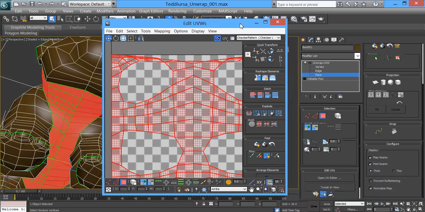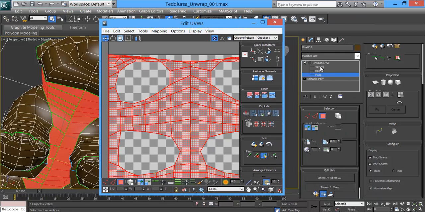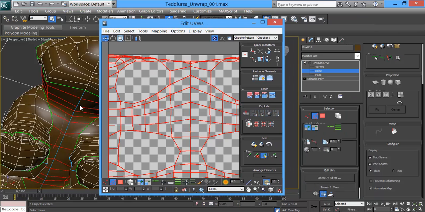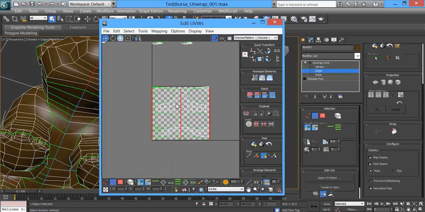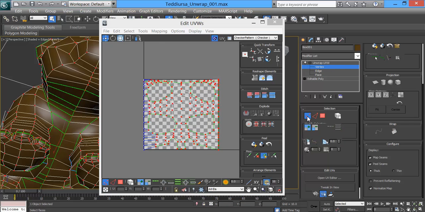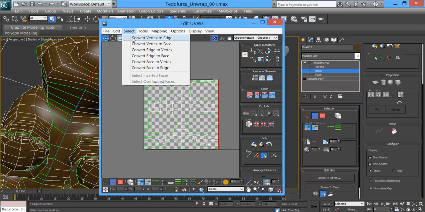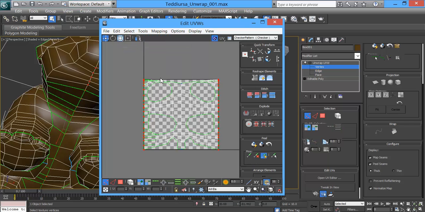So what I can try to do is I can select the center section, just one of the edges that I've got, and I'll do a loop which will select everything here, and I don't want the top section to be selected, and I'll go to vertex mode. Wait, can I convert this to... no, I can't do it there. Select convert edge to vertex,